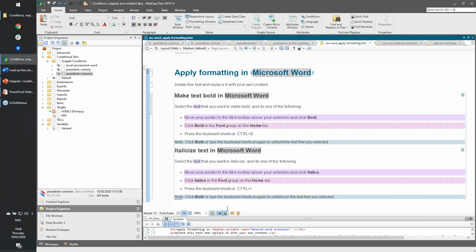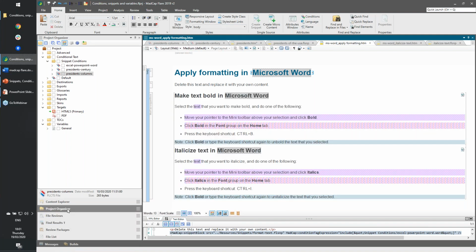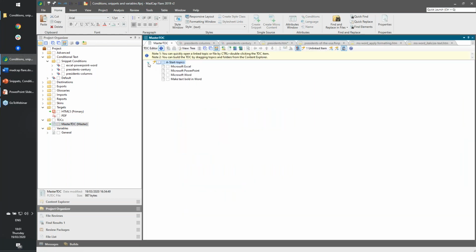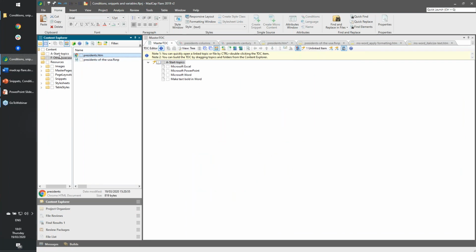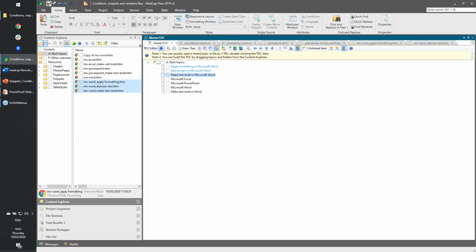Well, technically, they're exactly the same thing. There is no difference between snippet condition sets and target condition sets. However, this is mainly a matter of overview, because imagine that you apply certain condition tags to a snippet here, and then you use snippet conditions to filter out certain content, and then you have a TOC. So I'm going to my table of contents now. And in my table of contents, I insert this group, for example, with some of these topics. Here you are. And now the target that uses